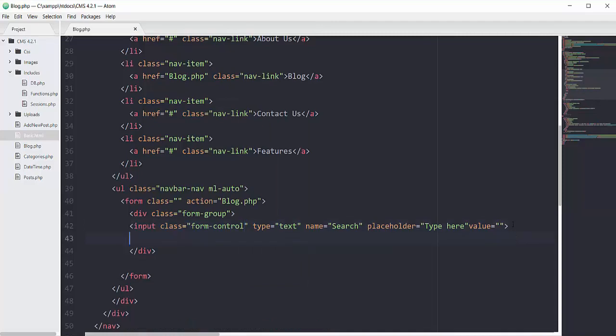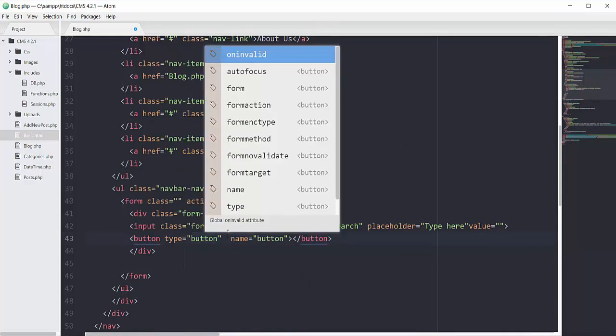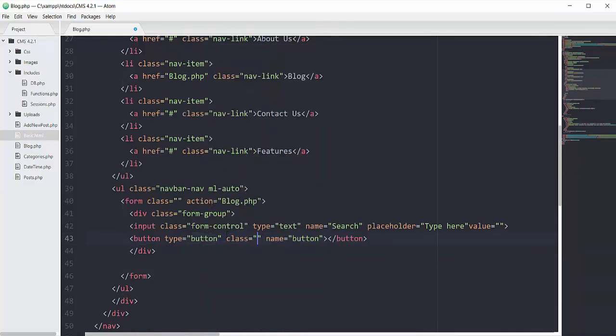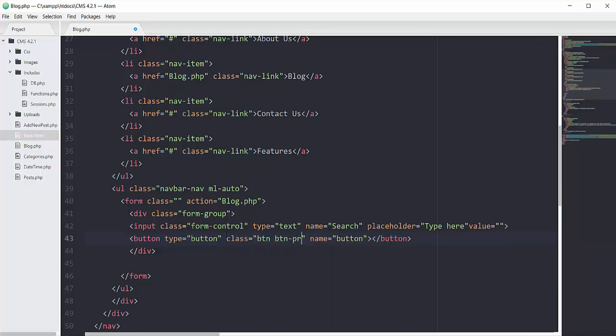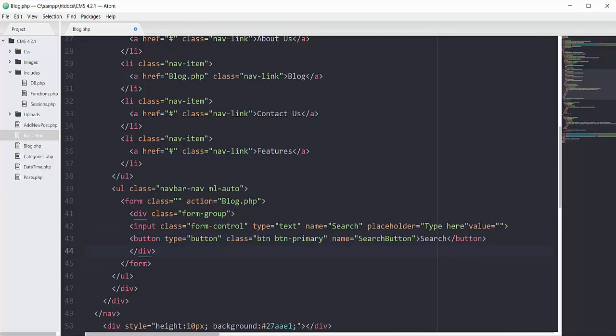and right after our input field we will have one button with the class of btn-primary, and for the text it will have a text of search. For the name it will be search button. If I save this one and let's refresh this page of blog.php,